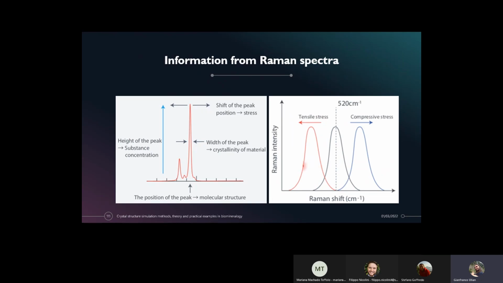signal, information that is comparable to that coming from infrared spectroscopy. Some information that you can obtain from the Raman spectra is that, particularly for crystals, the width of the peak is proportional to the degree of crystallinity of your material. So you can obtain some important information in this term. If your peaks are very sharp, your material is highly crystalline. If it is broader, you may have some defects, or you may have a lower degree of crystallinity in